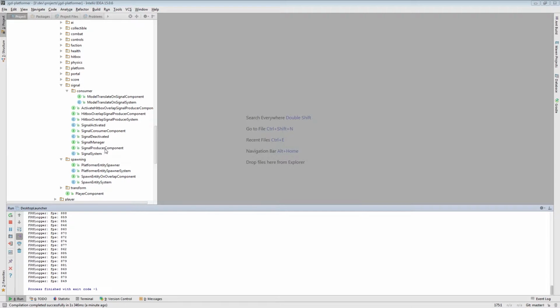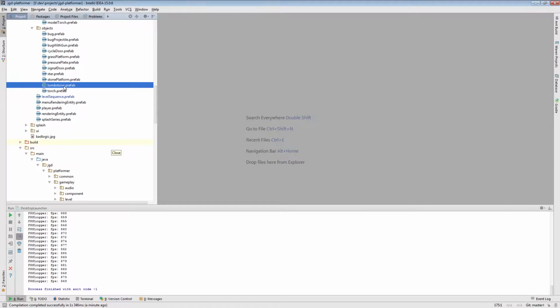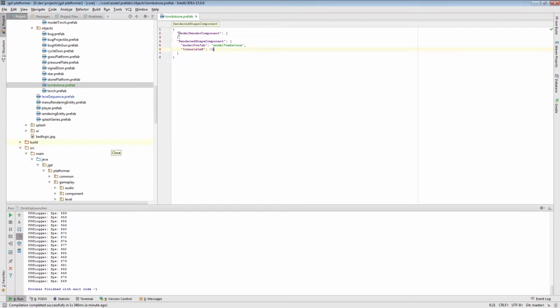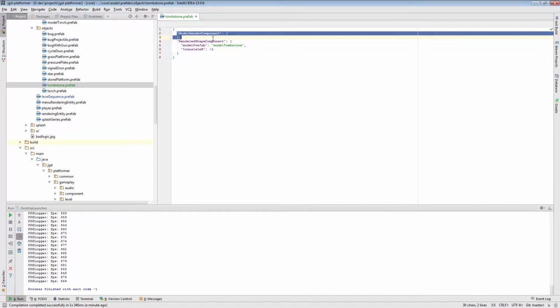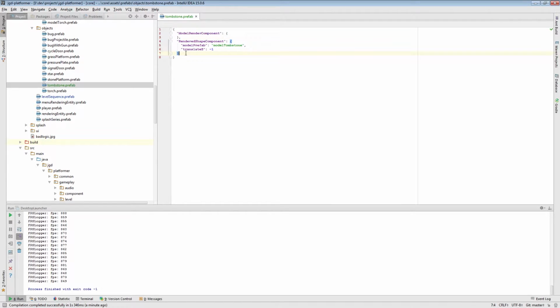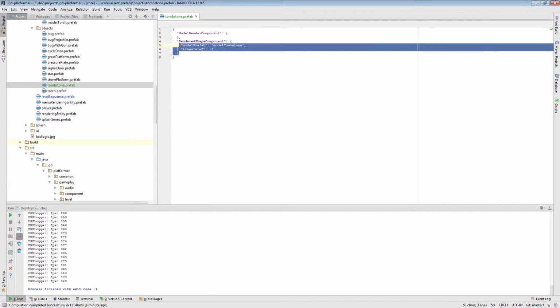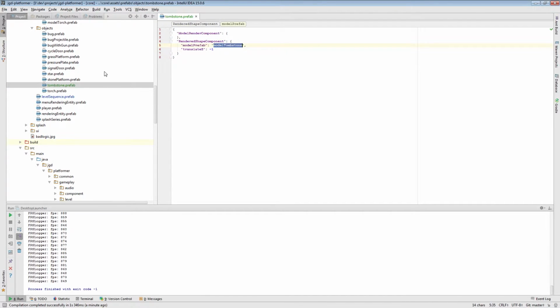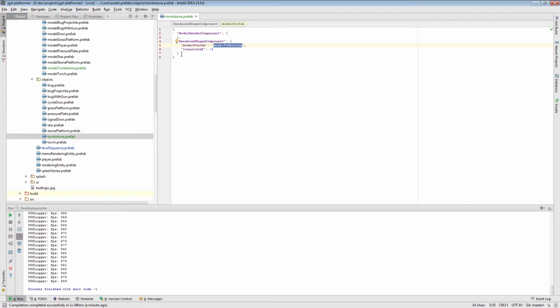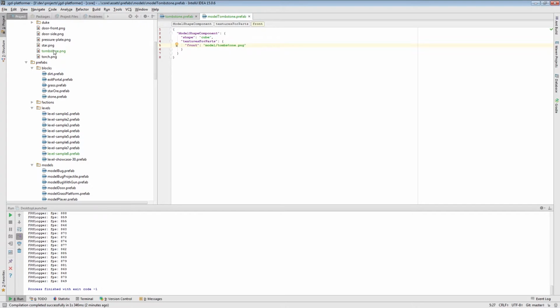So first of all, let me show you the tombstone. At the moment, it's just model render, so we're saying this entity has to be rendered, and second of all, it's rendered using the model tombstone here, the shape component, which is just using the tombstone image here. Okay, so